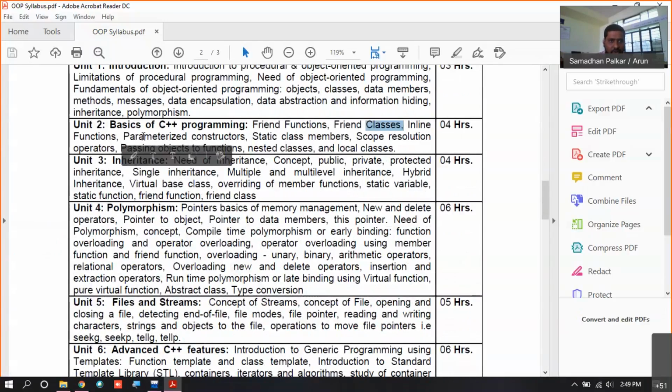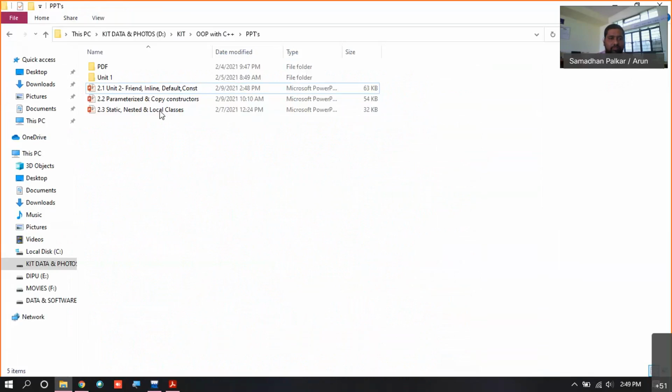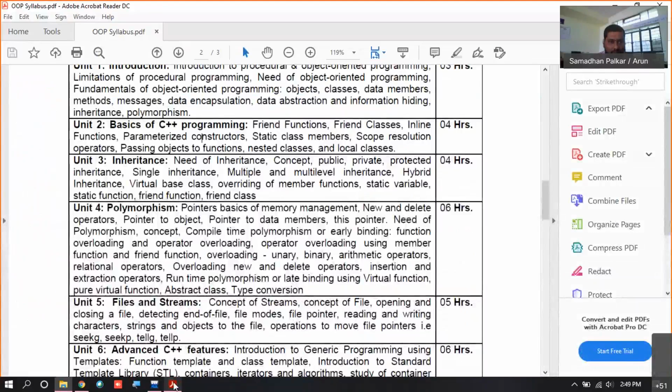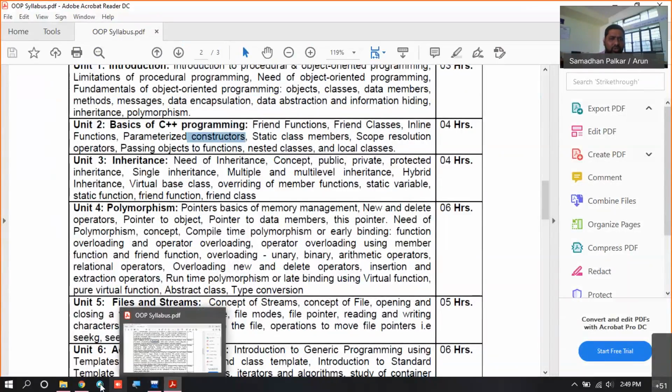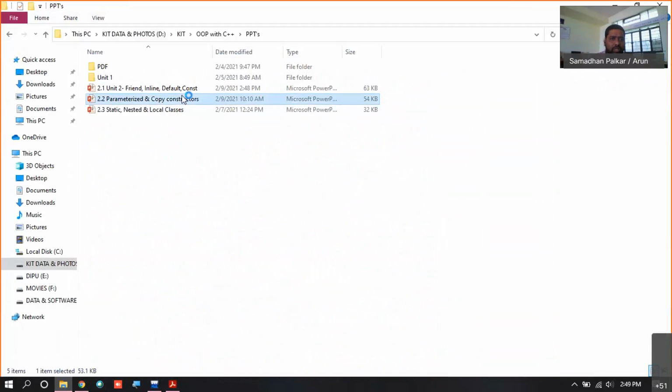Now we need to move to, I think, okay, constructors. So inside your syllabus, what is added here is parameterized constructor. I think we've gone through this terminology, parameterized constructors.